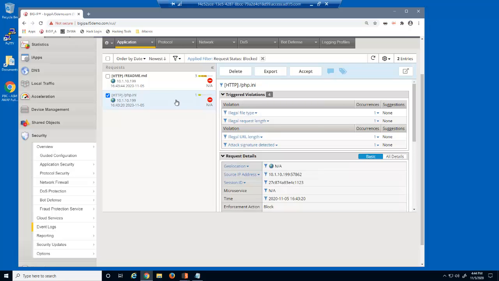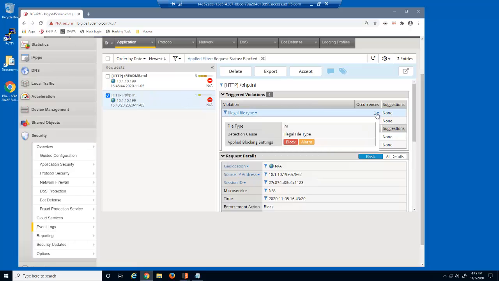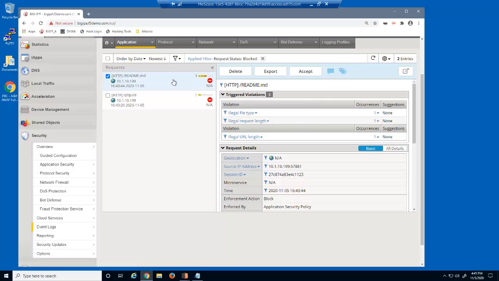The first request was blocked for several reasons. The INI file type is illegal because it's not on the allowed file types page. This request was blocked for the same reasons as the previous request. Both forceful browsing requests were blocked because they were for file types that were not added to the allowed file